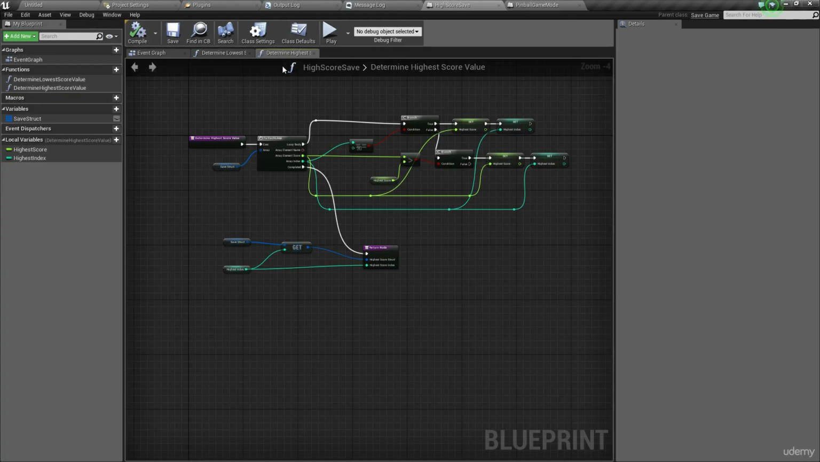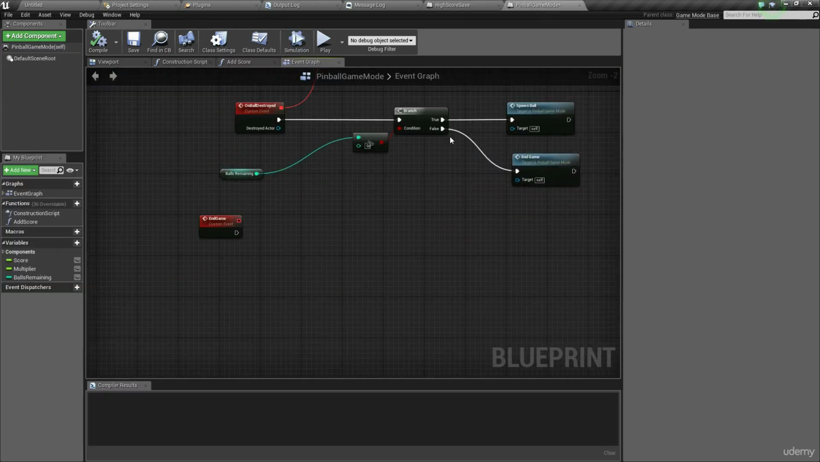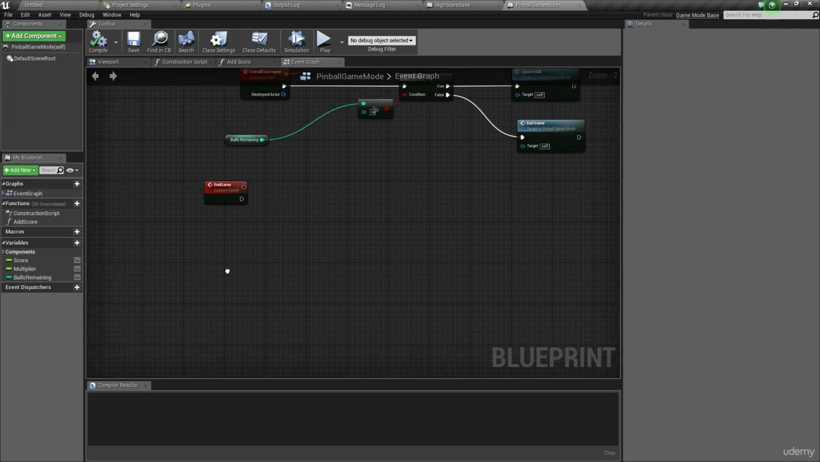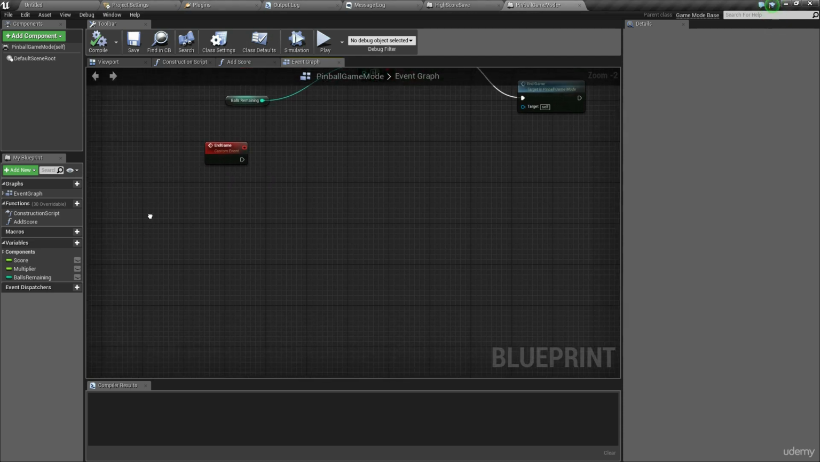With our highest score value determined, let's go back to our pinball game mode and work out how we want to work from here. So when the endgame function is called, we want to load the current high scores list and see how it's all working, see what the lowest score is, and determine whether we actually belong in that array. So it means that we need one extra function, which will be used to get the current game save